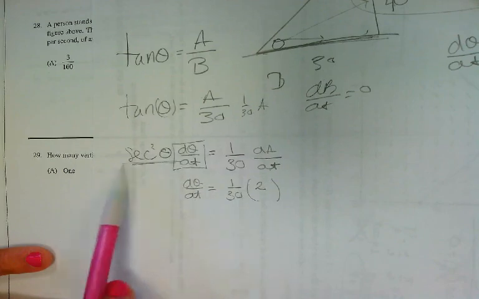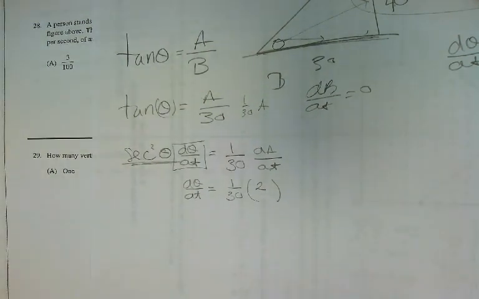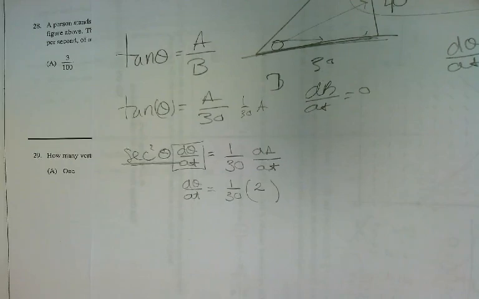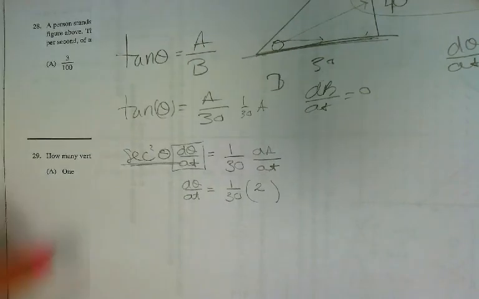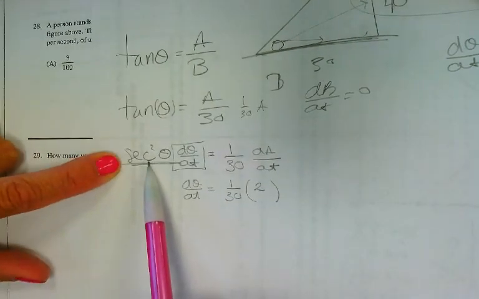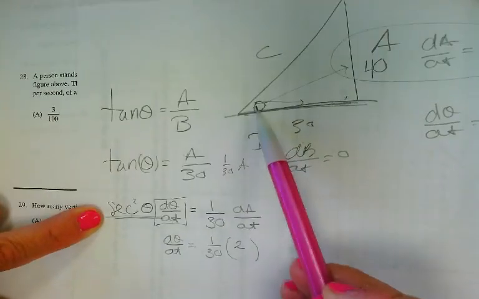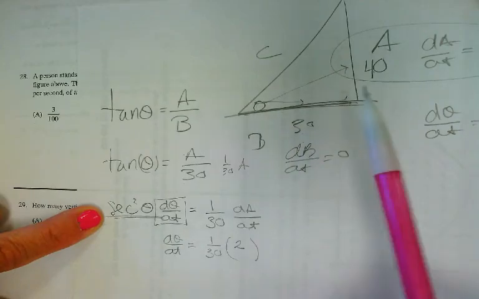I've got to figure out secant of theta. So just think, secant comes from which of your main trig functions? Not derivative, but sine, cosine, or tangent. Like which one is it a reciprocal of? Cosine. So I want to take the cosine of this angle and then flip it. So if this is my angle, the cosine would be